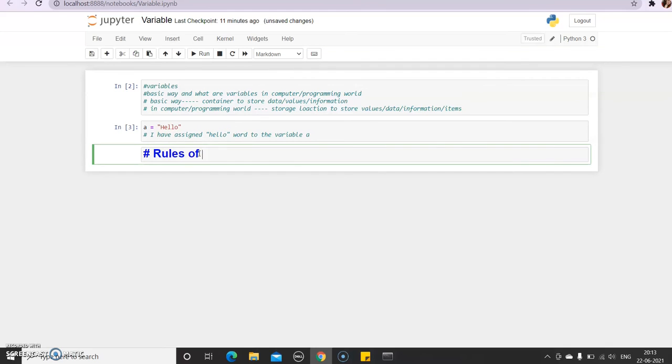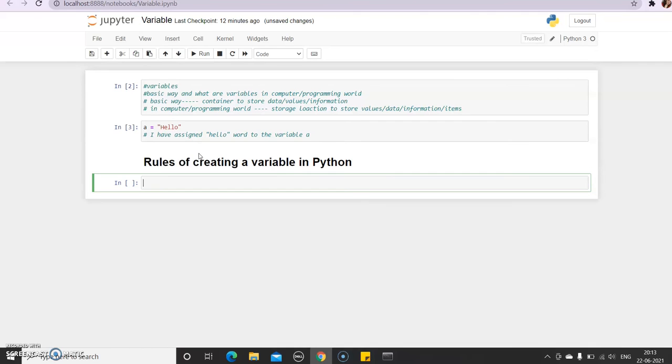Rules of creating, though it is not the right word to say creating a variable, but let it be. We'll say rules of creating a variable in Python. And this is my heading. The first rule is that a variable should start with alphabets or underscore.